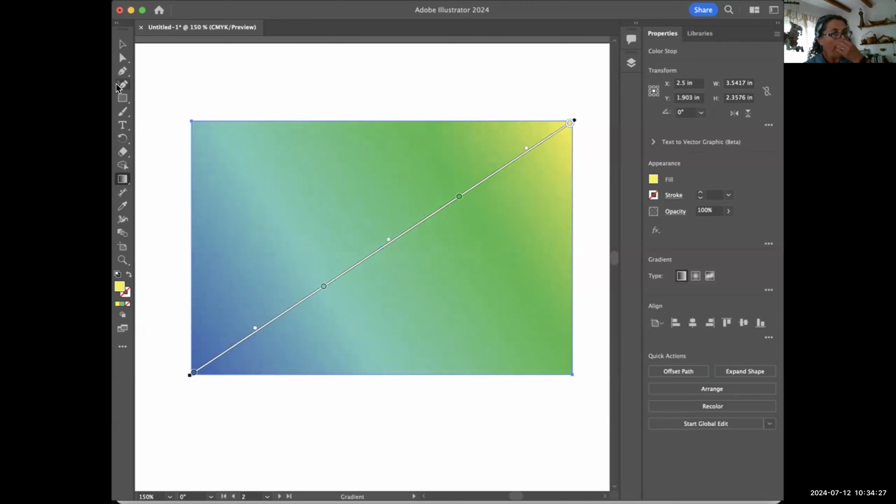All right. Say that this is the gradient that I want, that I love. You don't need to have a ton of color points. You can just do a straight gradient, you know, green to orange without having a ton, and it'll usually be smoother. But you could also have a ton of different ones. Okay, so